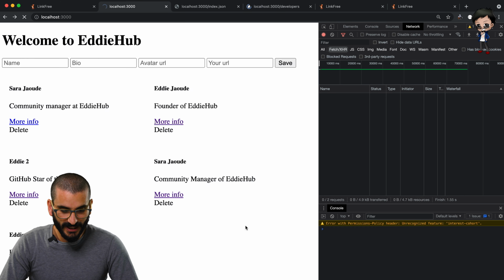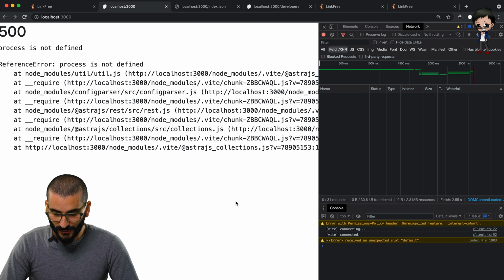Now if we go to the web page, we have a 500 because obviously we haven't defined delete yet. So let's define that. So for the delete, we're going to want to do a fetch as well, but much shorter than the one we have already. So async function, and it's going to be delete. We're going to want to receive the ID in this function as well. And then we're going to want to do an await with a fetch. It's going to go to the same endpoint, which is going to be